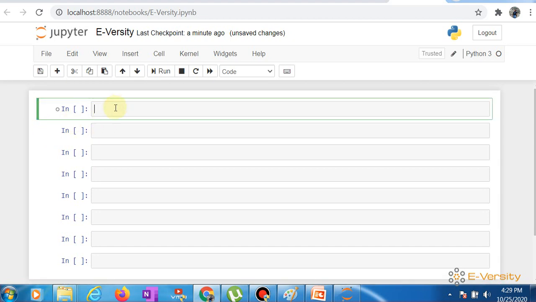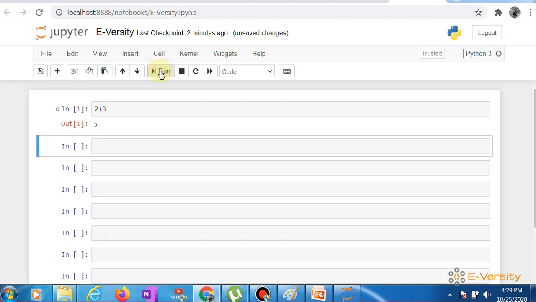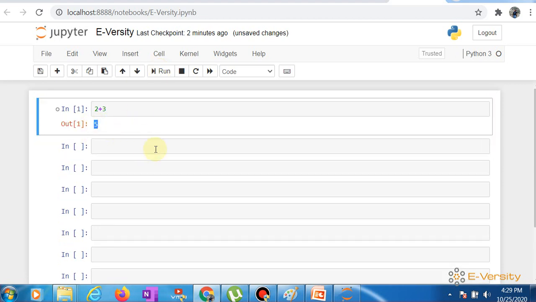When I click on this, you can see the color has changed and you can run. Like if I just want to do a calculation, 2 plus 3, and here you can see there is a Run button. When I click on this, you can see the result is 5. Okay. So you just write the code in a cell, and after that you can run it and you get the result here. Okay, now how can we take input from the user?